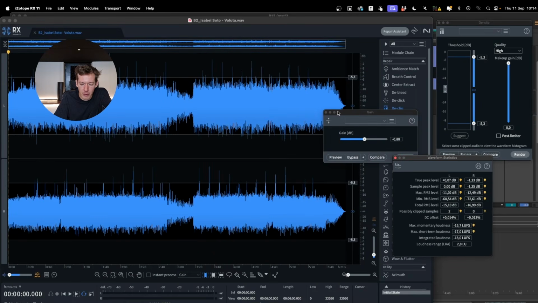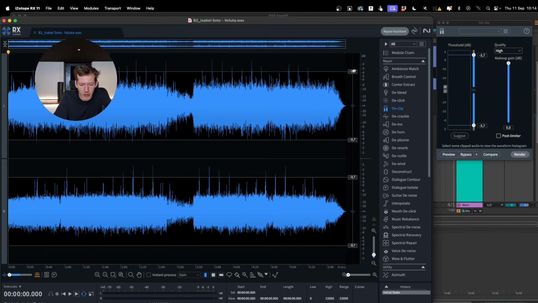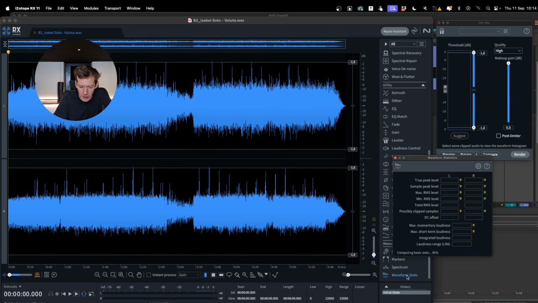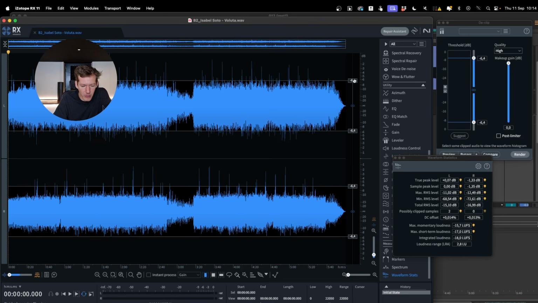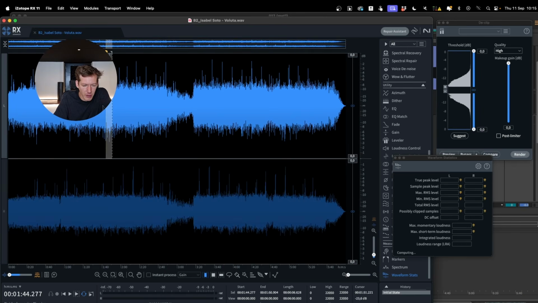So in iZotope RX, the tool I'm using is the declip module, because this allows me to show the loudness ranges. And as you can see, the other thing I'm using as a start is the waveform stats. So with this, I can now analyze the track and I see that there are peaks close to 0 and that the body of the track is more or less around -6, right? So this is a good indicator that I have actually huge peaks, this one in particular here,